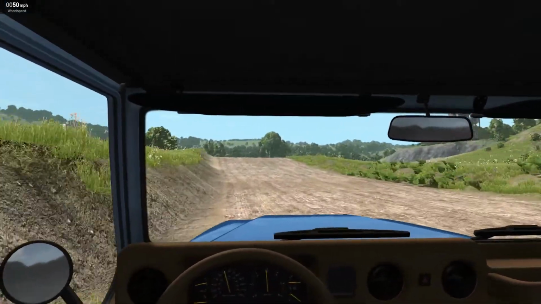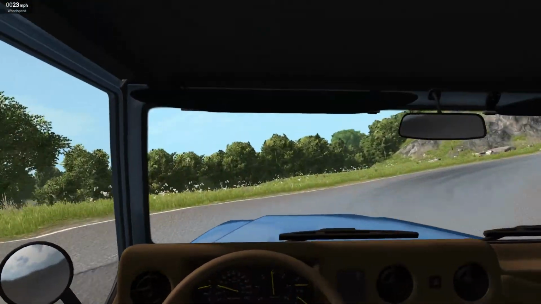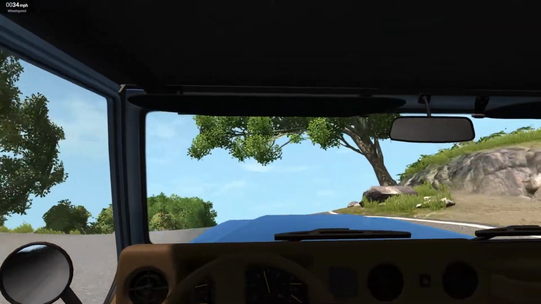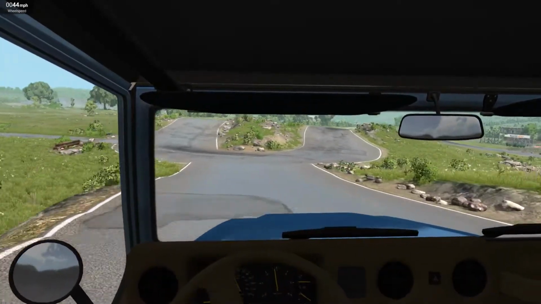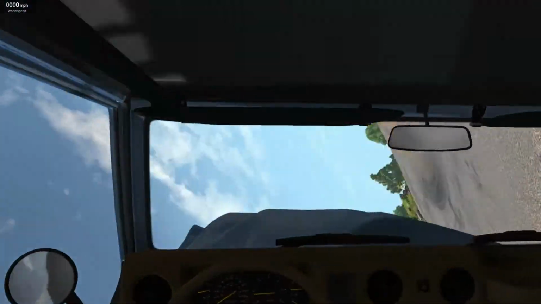Alright. Over the jump. Interesting landing, but again, that's why we got the hopper, because it has the ground clearance, and it's pretty rugged, so it should take some of this abuse. Alright. Now, go this way. This is a blind... Oh! Plus we have...